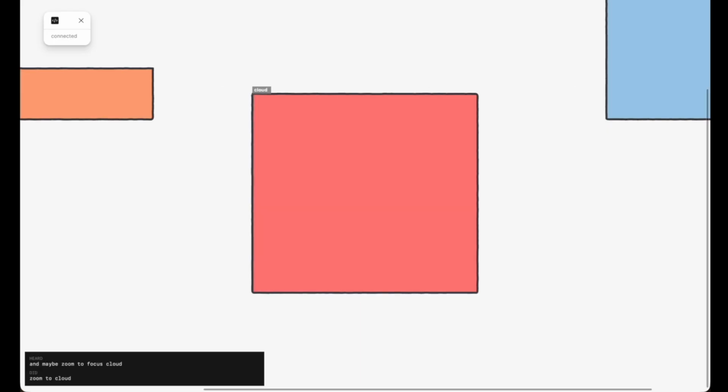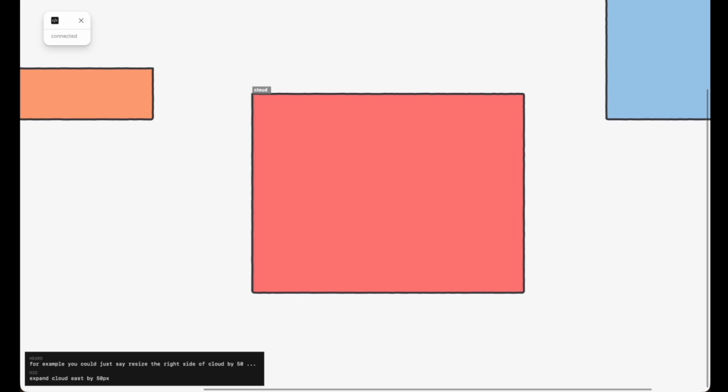then I can show you how basic moving and resizing works. There's quite a few different ways to do this with this tool, and the one I'm about to show you is probably not the best way to do it, but it might be the simplest way to get started. I'll just show you now. For example, you could just say resize the right side of cloud by 50 pixels, resize the bottom side of cloud by 50 pixels,